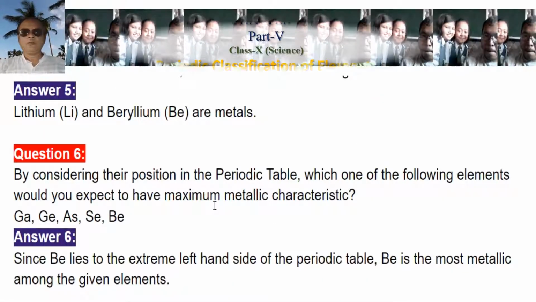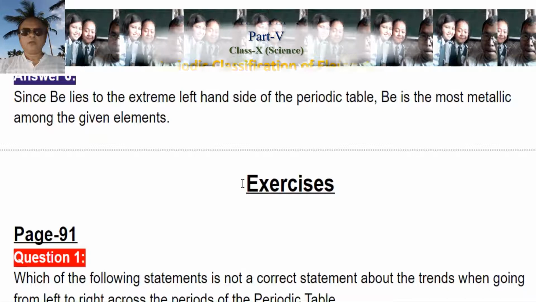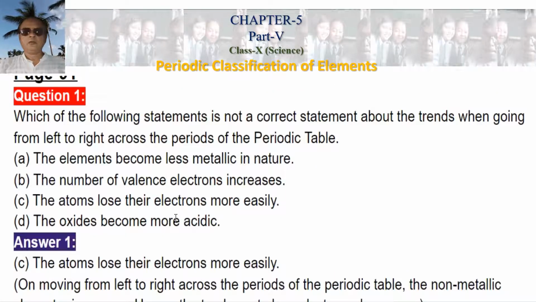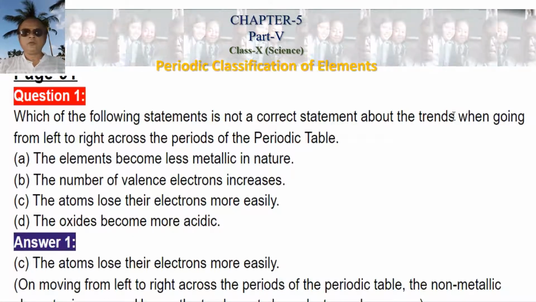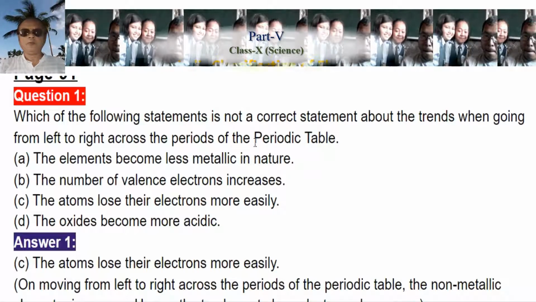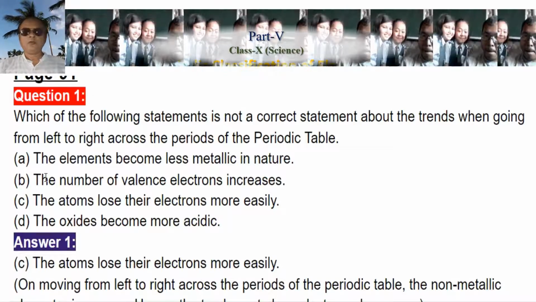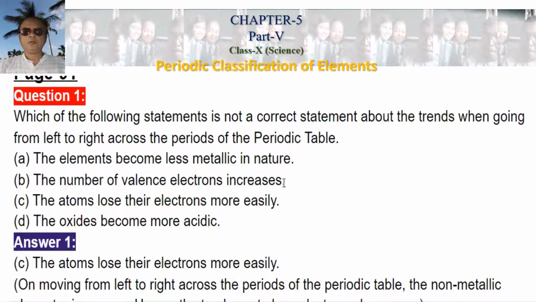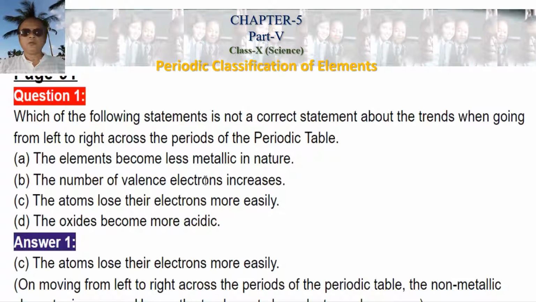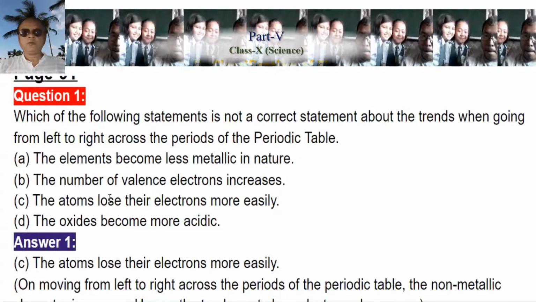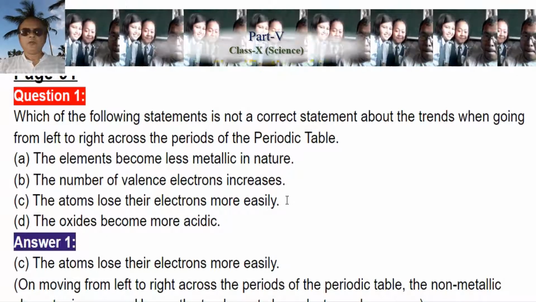Now let's go to the next question. We have completed the in-text questions. Now we go to the exercise, that is, page number 91. Which of the following statements is not a correct statement? About the trend when going from left to right across a period of the periodic table, the elements become less metallic in nature. It is true. The number of valence electrons increases. It is also true. The atoms lose their electrons more easily. No, it is not true, because